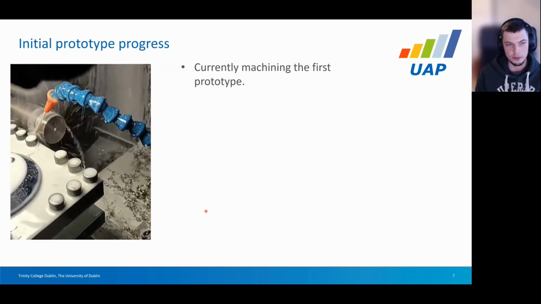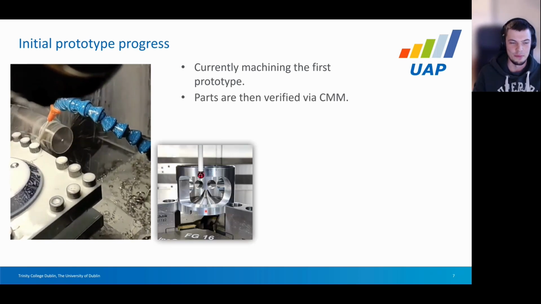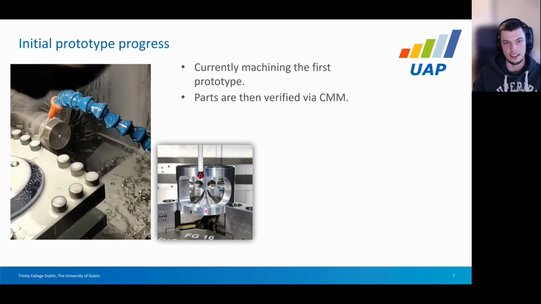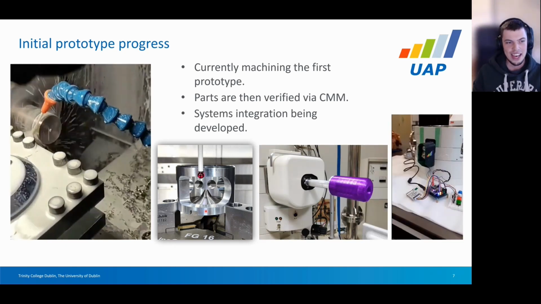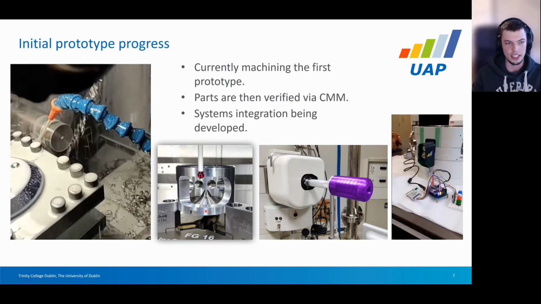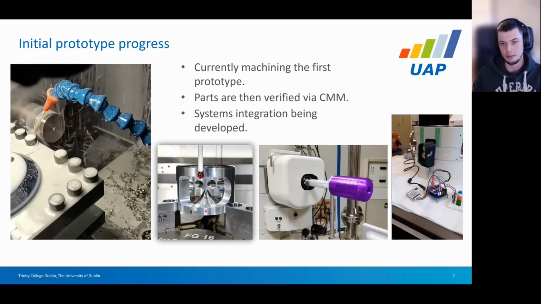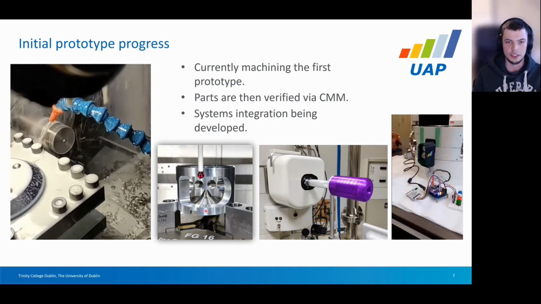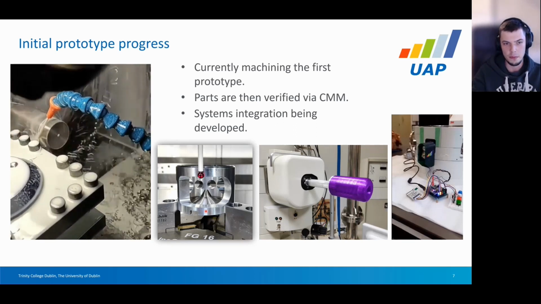We're currently machining our first prototype. You can see here it's on a lathe, so that's all very exciting. Because of the very high tolerances required and very high precision, everything is then verified via CMM. And of course, it's all well and good having this new lens, which is designed to be currently integratable with the current designs. But of course, that all needs to be adapted. So we're working on systems integration for working with the rest of the microscope and systems for controlling the adjustment of it and all that.